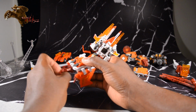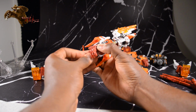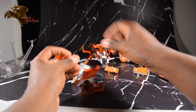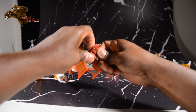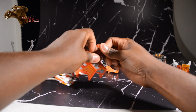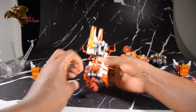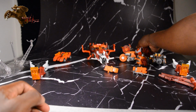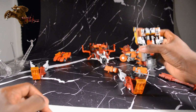That arm is a lot easier to configure in my opinion. While I pop hands off the ball joint or fingers. And it does happen. Just like even with the Fans Project Bruticus hands, things like that. But pop right back in. Finger joints are really tight, but there we go. Storm number 2. Okay. Alright, so